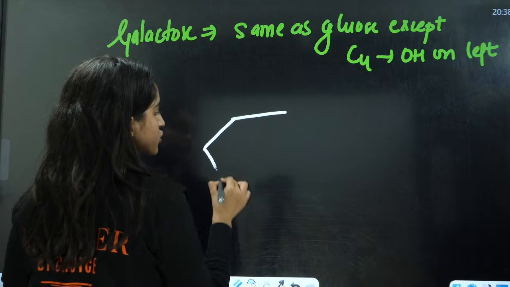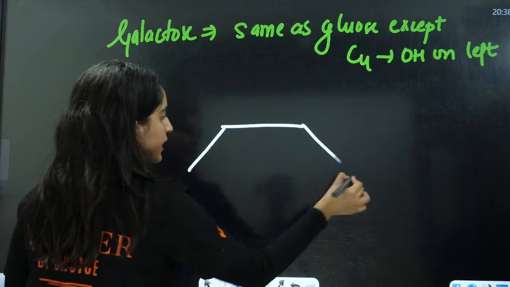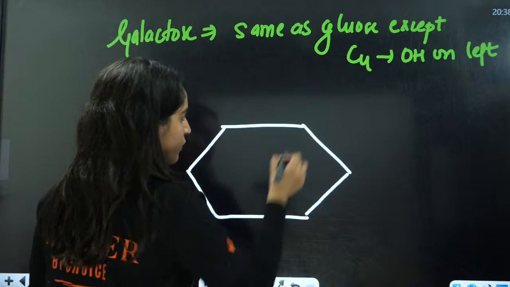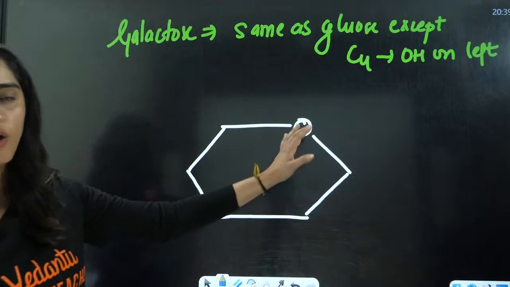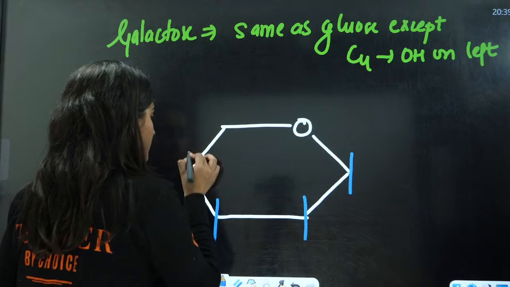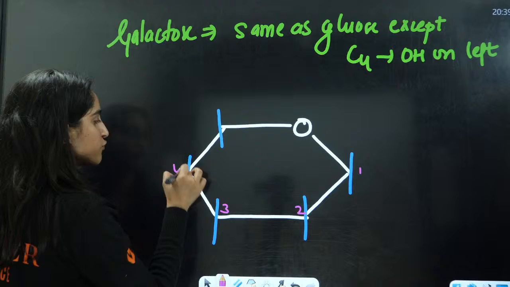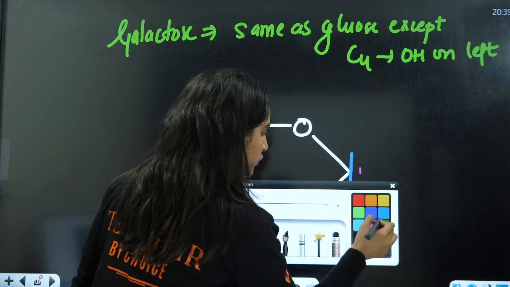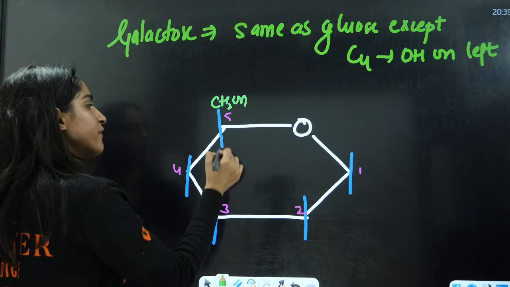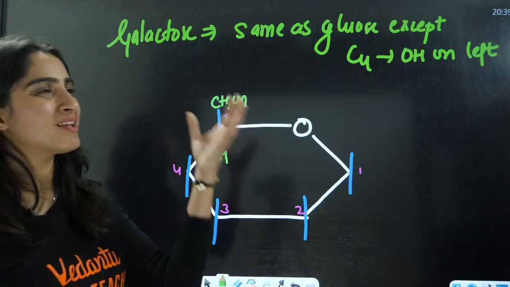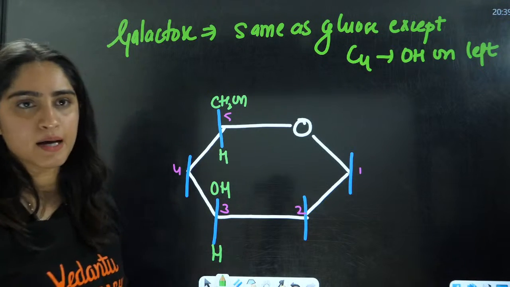Let us draw the structure of glucose here. Not benzene, this is a cyclohexane ring with one oxygen here, then draw the vertical lines. This is the first position, this is second, third, fourth, fifth. Now, see this very carefully. At the fifth position, we always have a CH2OH group above and hydrogen below. At the third position, whether it's glucose, fructose, anything, you have OH on the left side. Left side means up.